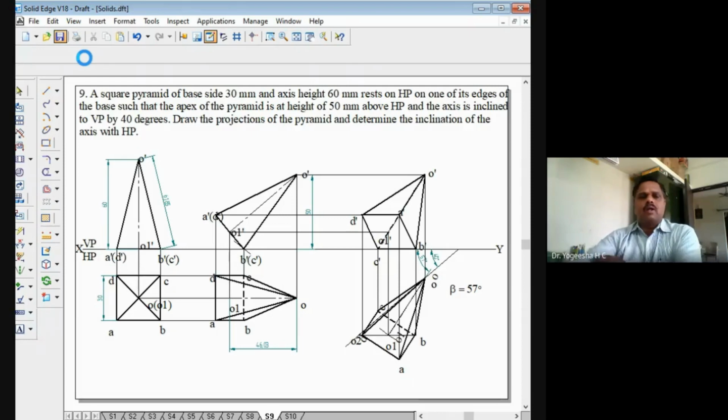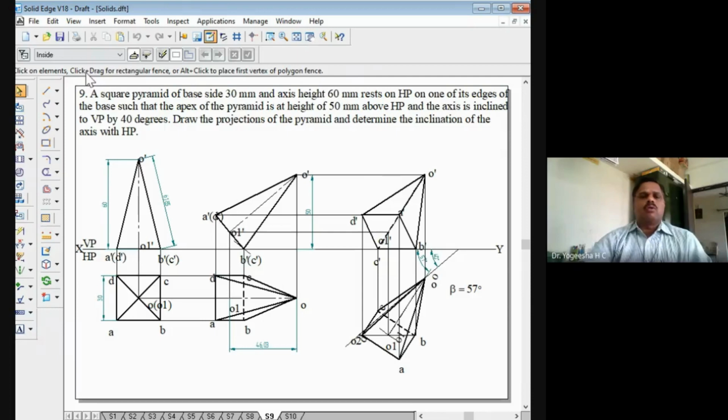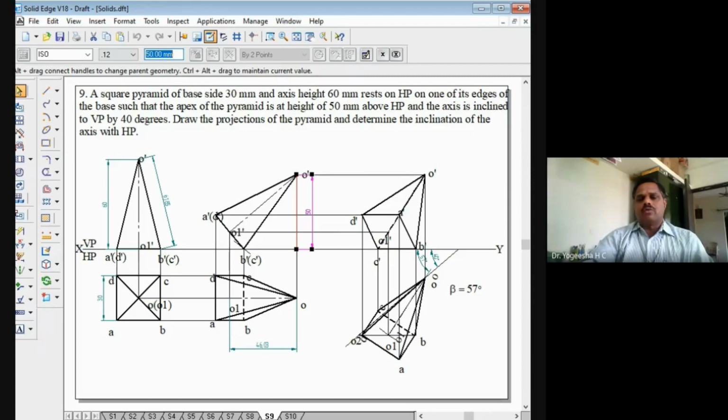A square pyramid of base side 30 mm and axis length 60 mm rests on HP on one of the edges of its base, and the apex is at a height of 50 mm above HP, and the axis is making an inclination of 40 degrees to VP. So we have to find the beta angle here. Beta angle has been found. Then